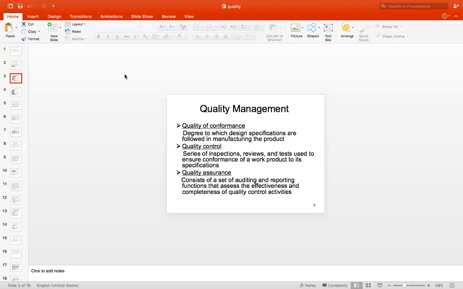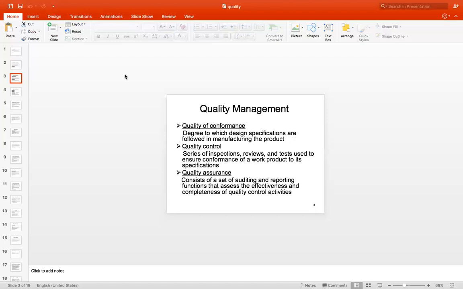So doing the quality control is one thing, and quality assurance is auditing the inspections that are performed on your project and reporting the functions and the effectiveness. So your guide will do your, we are coming to a very basic example, like your major project. Your guide will do your inspections and reviews, and the person who is the reviewer or HOD will do this auditing. Means whether your guide is doing the inspections and the reviews correctly or not.